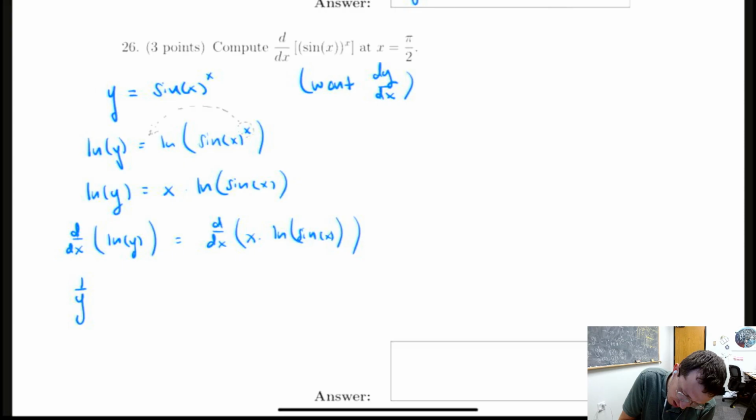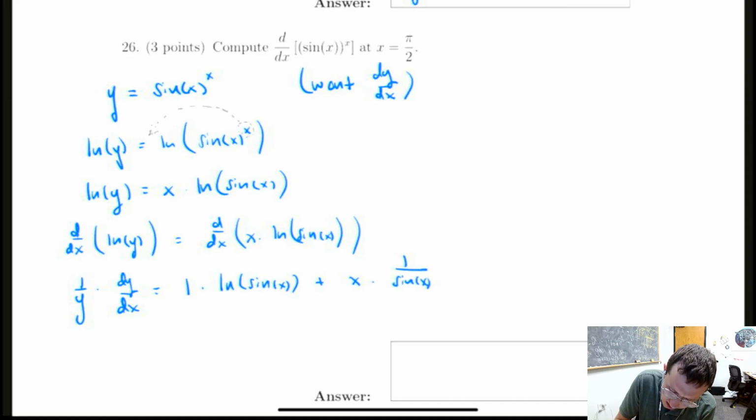On the left side, I get 1 over y times dy dx. On the right side, I need to use the product rule. The derivative of x is 1. And then in the second term, I leave the x alone, and the derivative of ln of sine of x is 1 over sine of x times cosine of x. Okay, so I have 1 over y times dy dx equals ln of sine of x